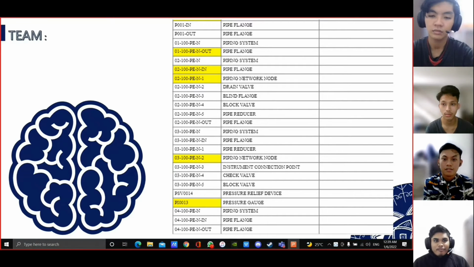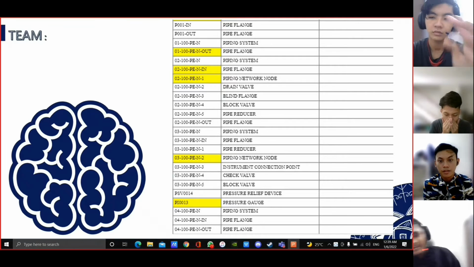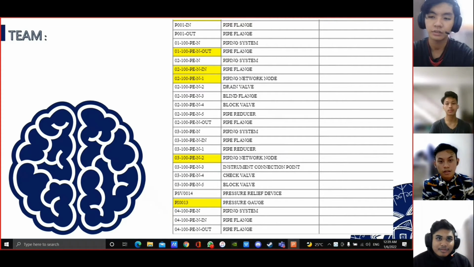So this is the table. P001 in pipe flange, P001 out pipe flange, 01 100-PEN piping system, 01 100-PEN out pipe flange, 02 100-PEN piping system, 02 100-PEN in pipe flange, 02 100-PEN1 piping network node, 02 100-PEN2 drain valve, 02 100-PEN3 blind flange, 02 100-PEN4 block valve, 02 100-PEN5 pipe reducer,